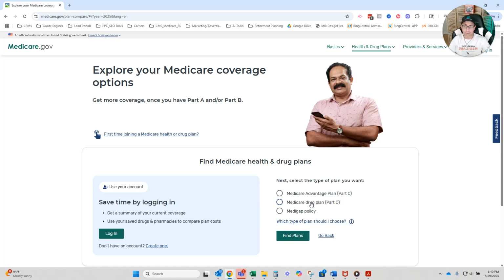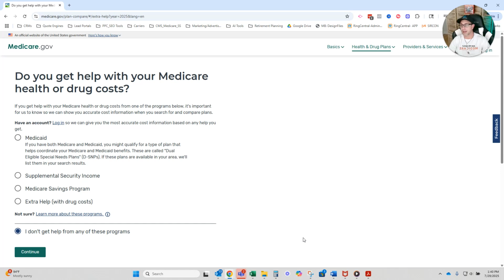So the difference would be, if you choose a Medicare Advantage plan, you will enter in your doctors and your drugs. Whereas if you're just comparing a Medicare drug plan, click Find Plans. From here, we're going to select how and or if you receive extra help for your health or drug costs